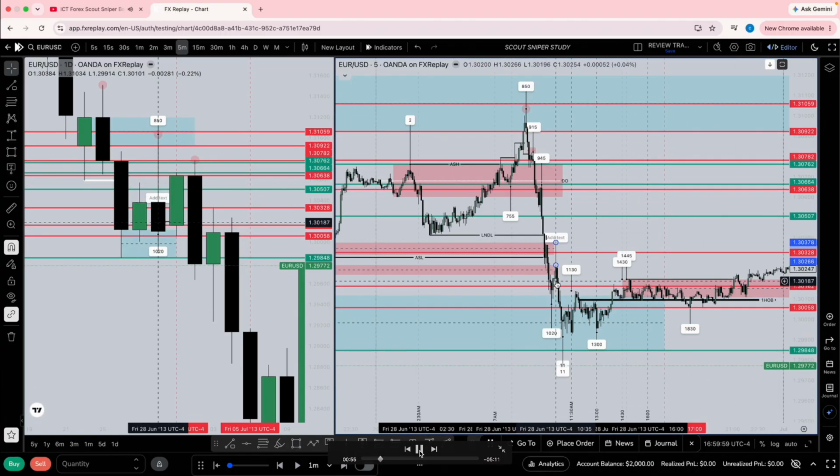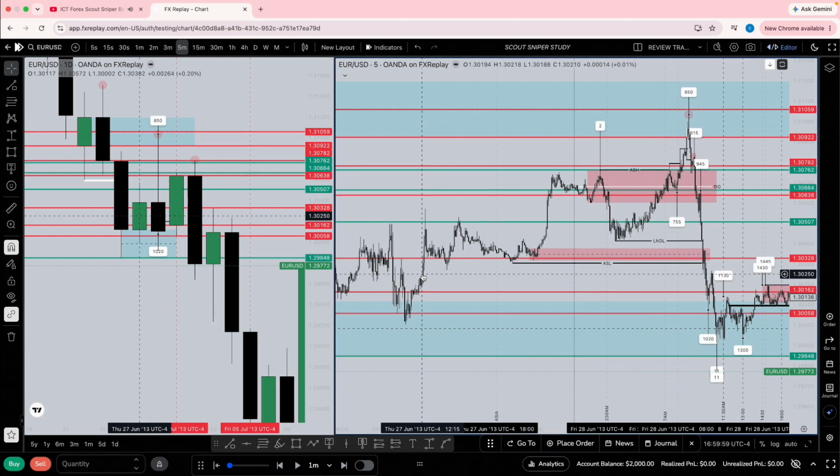This is me just marking out times. And here, you see me pulling these lines across. Let's go back. Stop. Well, right here, you see a fair value gap form, a short-term low form right here. If you drag that fair value across, you'll get a lot of nice areas to pull trades from,